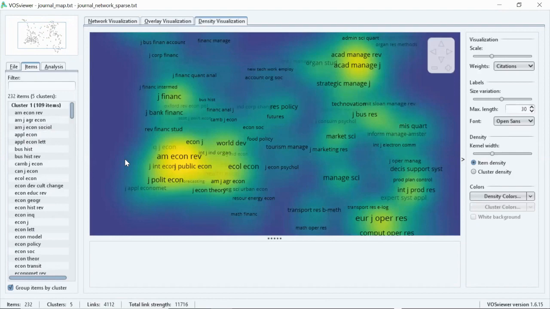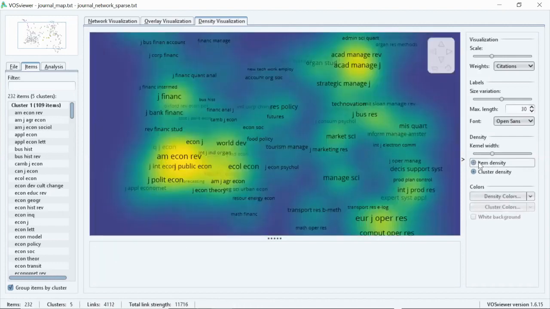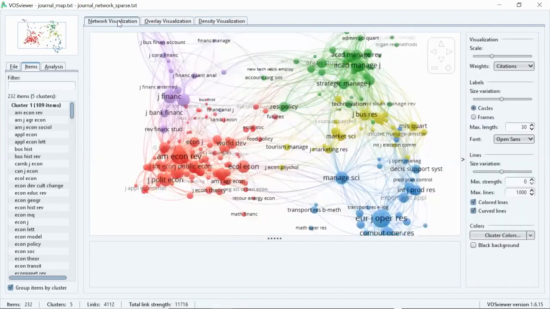It's easy to locate in density visualization. You can visualize the density based on items or based on clusters. So this is cluster density, where the density is visualized based on cluster. Here, based on item, the density is visualized. I'll come back to network visualization.